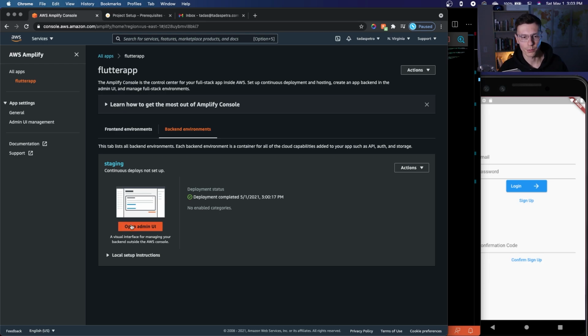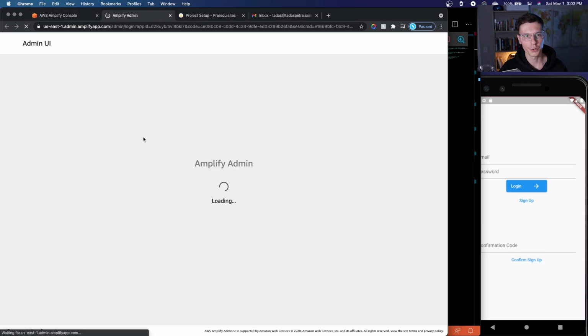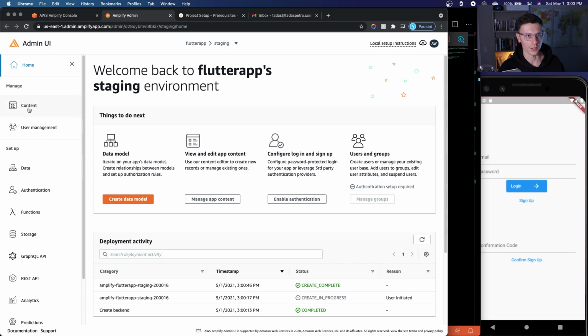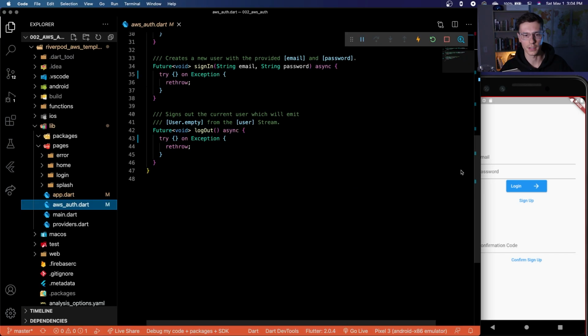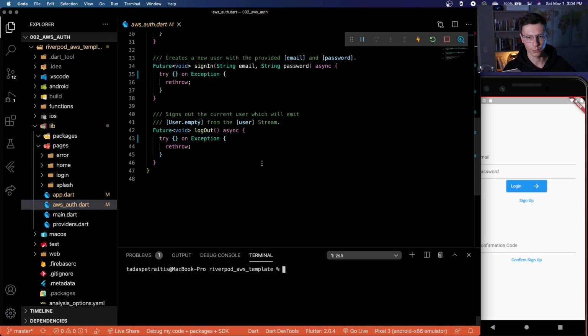So the way you initialize your project, go to your admin UI, which is kind of like our Firebase console if you're used to Firebase. And this is what it looks like. Here we have data, authentication, functions, user management, all that stuff. So to set it up within your project, click this local setup. There'll be Amplify pull, app ID, and environment name. You can copy that into your terminal, and then if we bring this up,